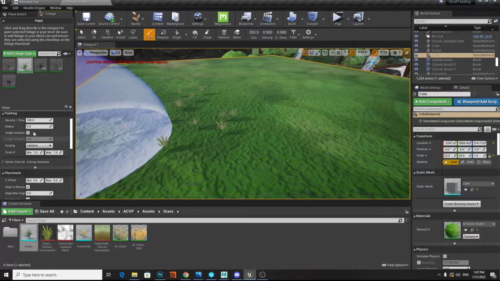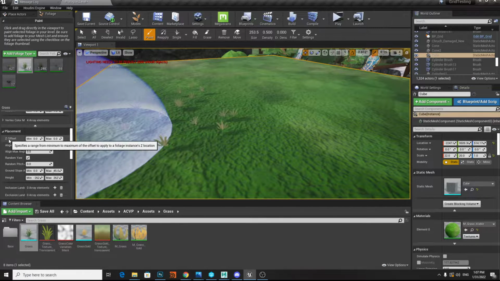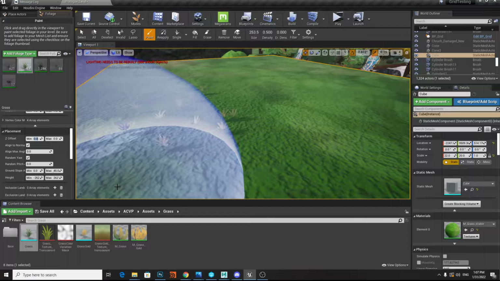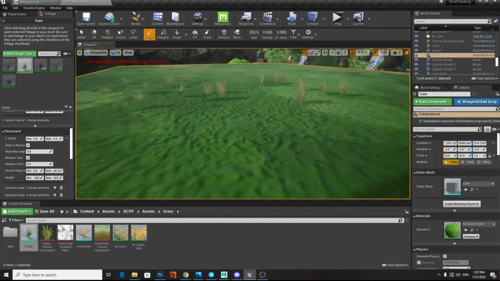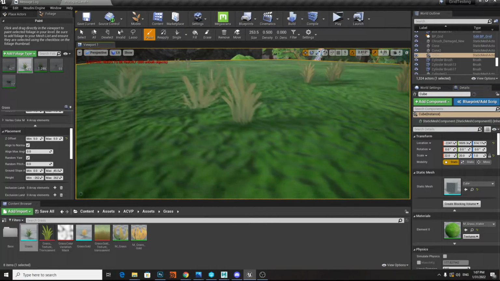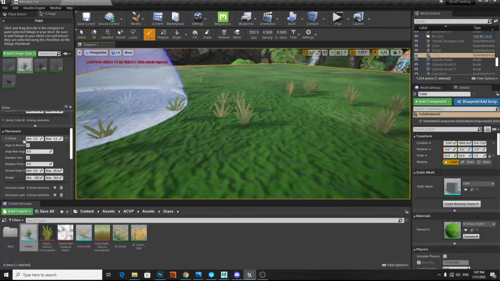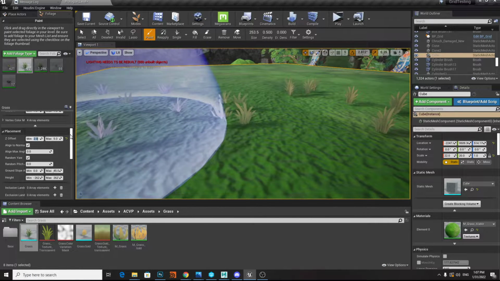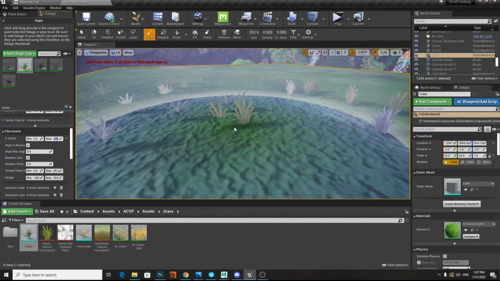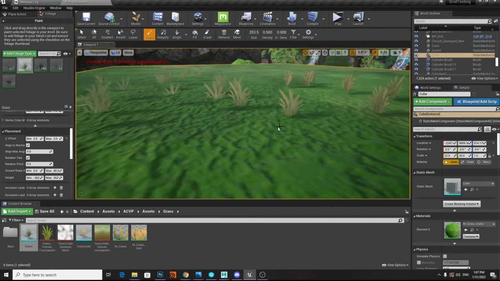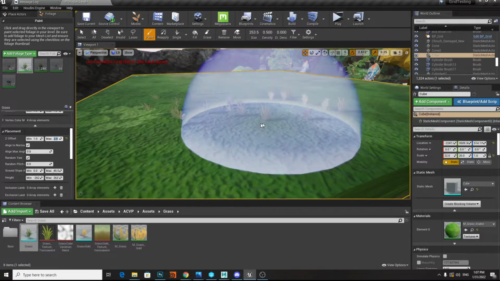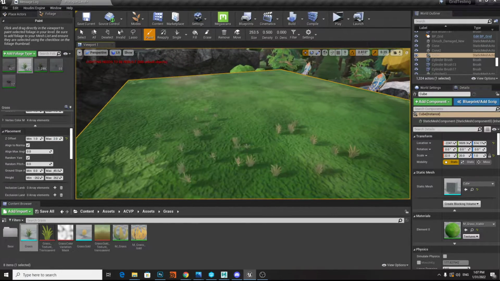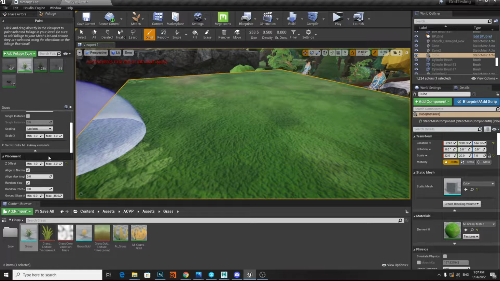We go inside of Z offset, so let's do say 5 for example and see how it looks. So now the grass is a little bit elevated, and so we just play around with this Z offset parameter until we get to the point where it kind of is submerged but not too far into the ground. So yeah, but 1 or 2 is good enough, I guess. We can leave it at 1 and 2, but it also depends on the size of the grass,